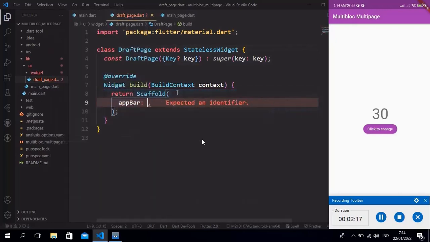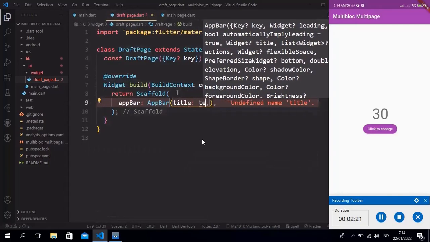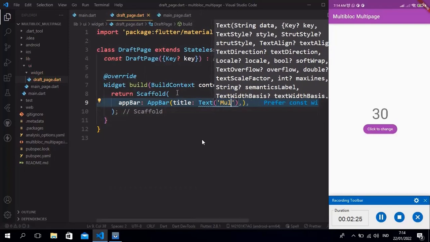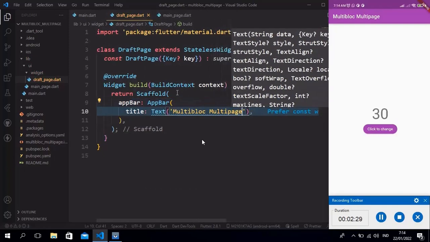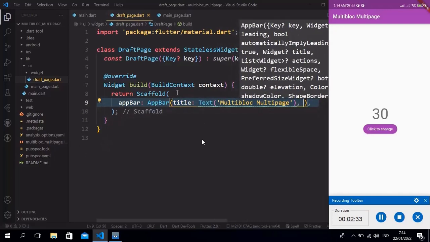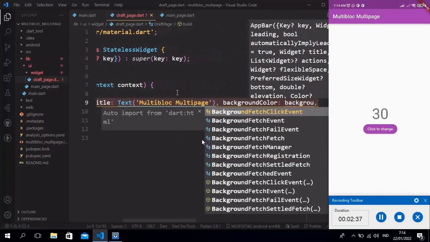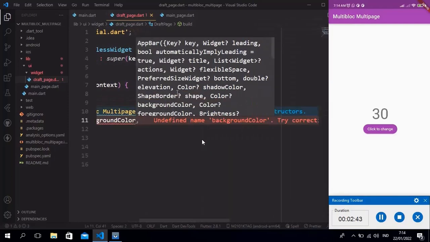We create the draft page as a scaffold template, which has a background color and body. We set the title text, multi-block, multi-page, and the background color. We set it as a variable, and we add it to the constructor.